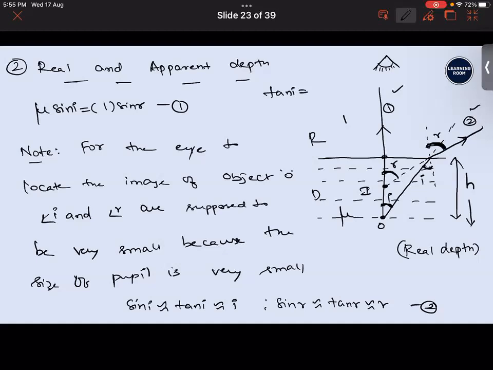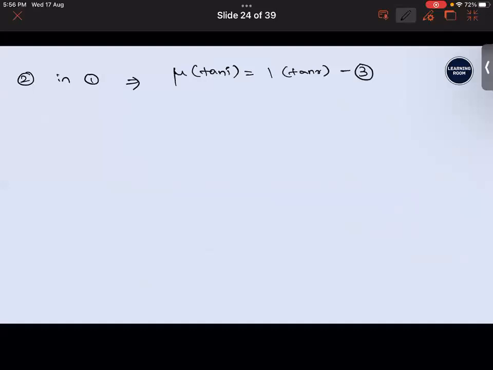Tan I is, if I take this point as A, it is AO divided by AP. Similarly, tan R will be equal to AI divided by AP. So if I take these two values and substitute it, then I'll have mu into tan I, this AO divided by AP is equal to 1 into tan R is also,